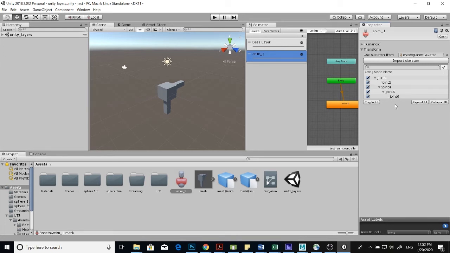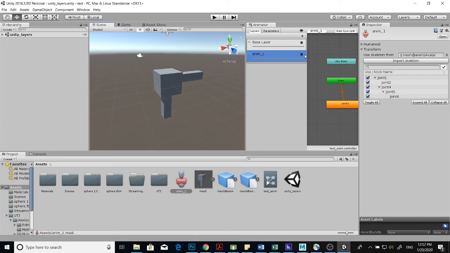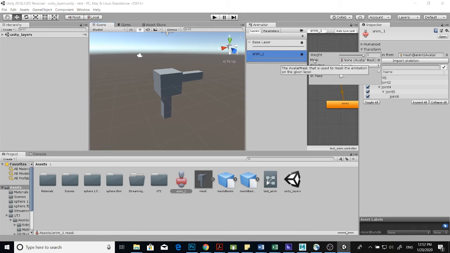Now, before we achieve the effect that we want, we have to go to a specific layer in the animator controller. So in this case, it's anim1. We click on the little gear icon, and then where it says mask, we want to click on the little dot